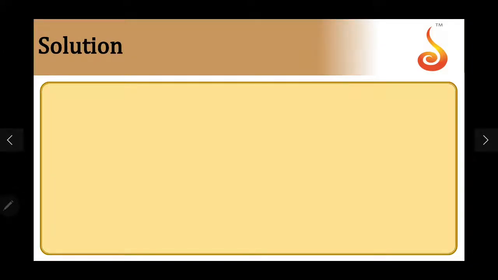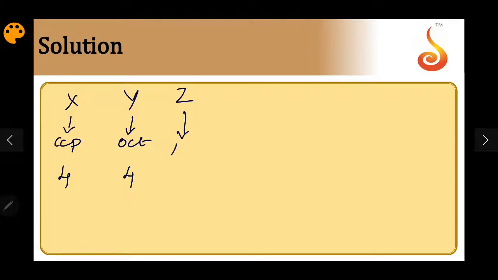So we have three elements, X, Y and Z. X is in CCP, so FCC, both are the same. So the number of particles is 4. Y occupies octahedral voids. Octahedral voids means 4 particles per unit cell. Z is in tetrahedral voids, which means 8 particles per unit cell. Now if I take the unit cell structure,